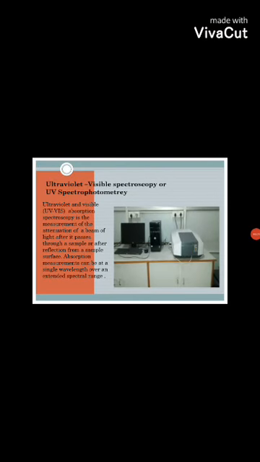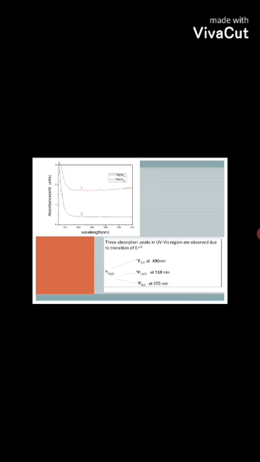After preparing the glass samples, we did their characterization by using a UV visible spectrophotometer, which is shown here. We placed the samples inside it and noted the absorbance by the sample over a range of wavelength. This is the data that we got. The absorbance of the sample with concentration 0.1 mole percent of erbium is in black and the other one is in red. As we can see, with increase in concentration of erbium ion, the intensity of absorbance increased, but the position of the peaks, these 3 peaks, didn't change. These peaks can be attributed to the transition from the lower energy level to the higher energy level, which is shown here.